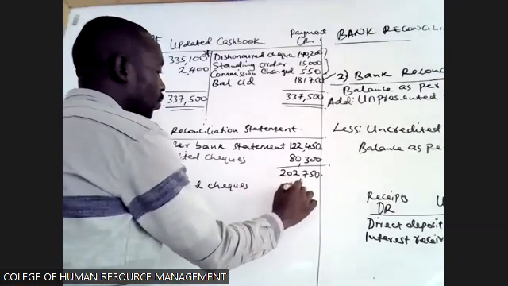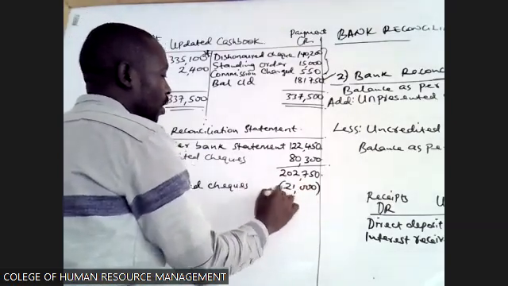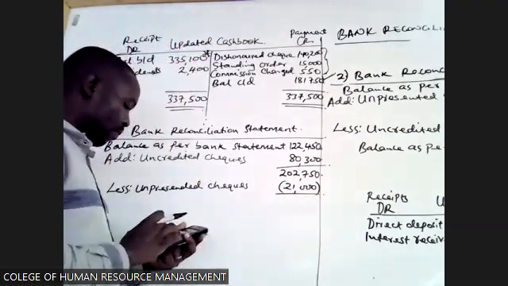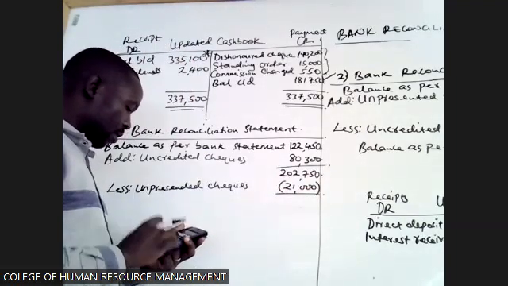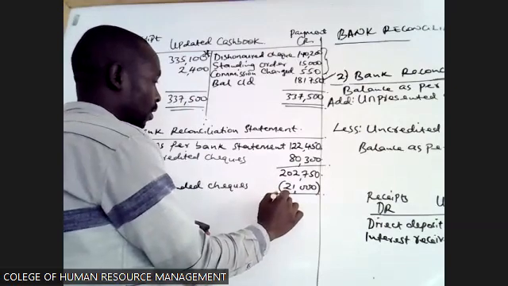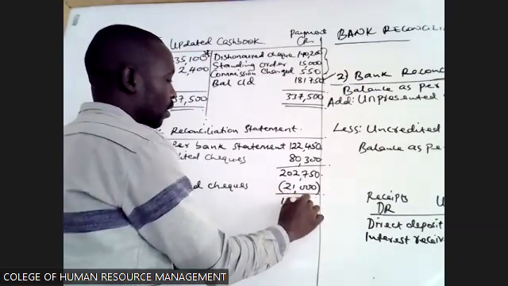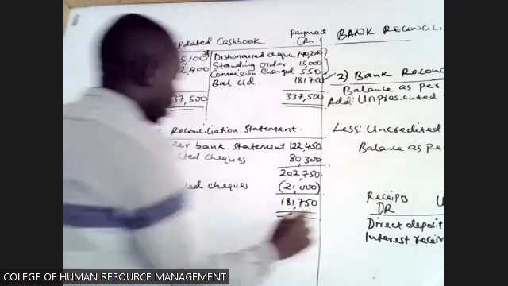You less that 21,000 here. So if you subtract, we get 181,